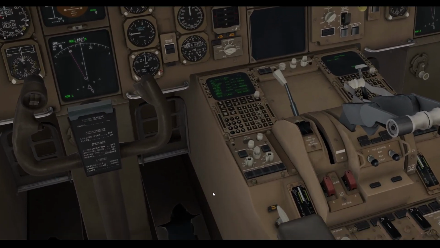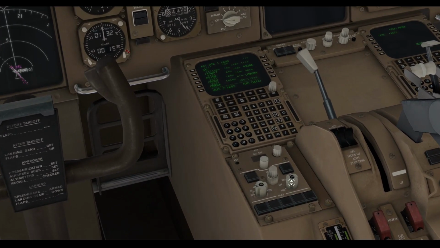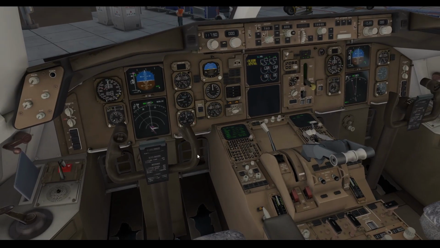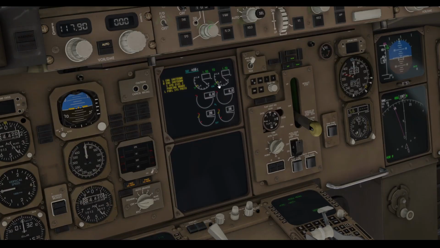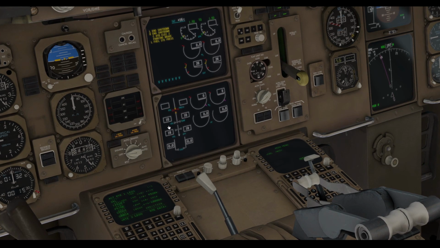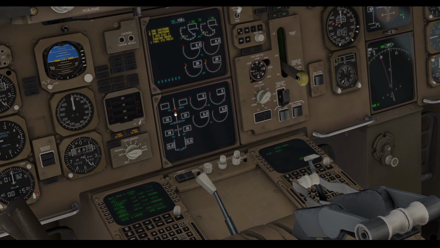A couple things we want to do here, just that I noticed. We'll go ahead and make sure we have map selected for our nav display. And we're also going to need this display right here. It's going to have our N2 rotation. We're going to need that, as well as some oil temps and pressures that we want to check as our